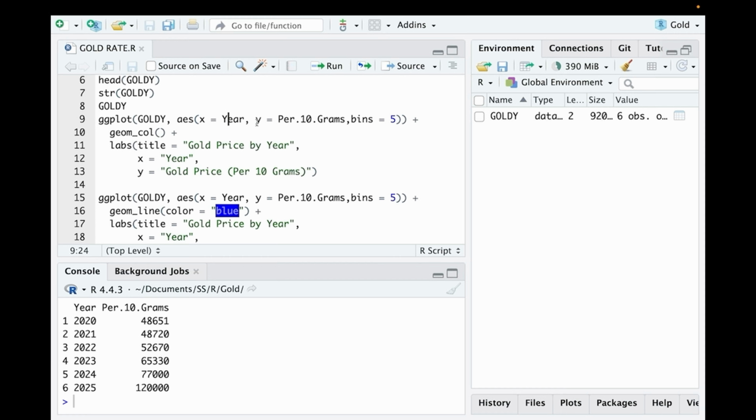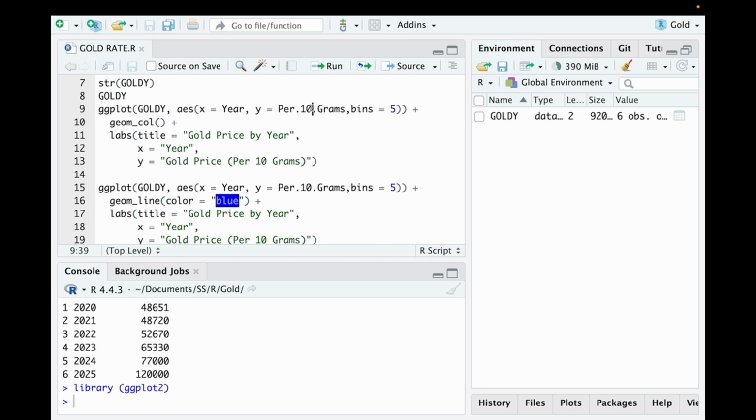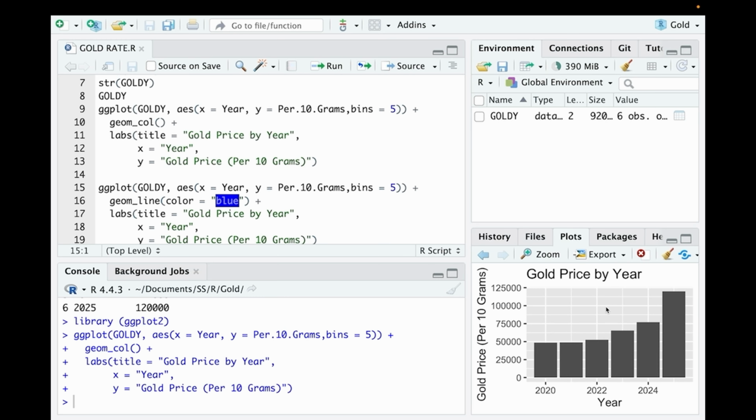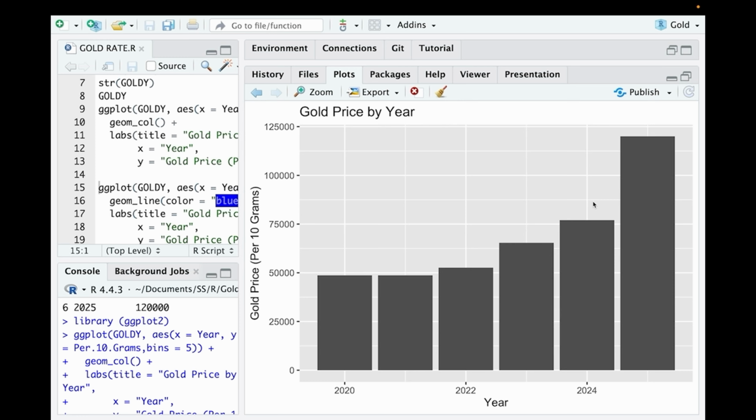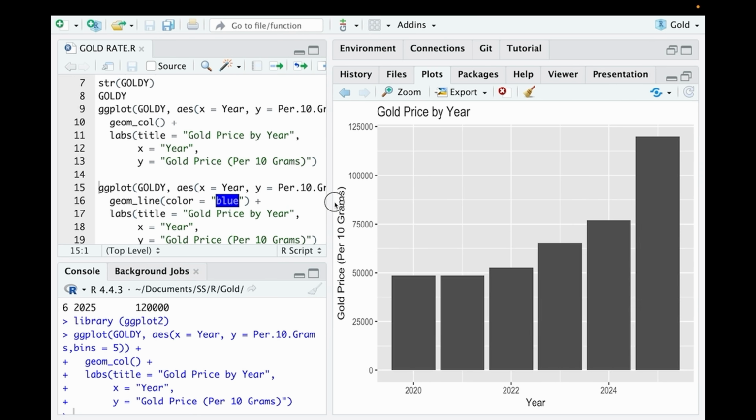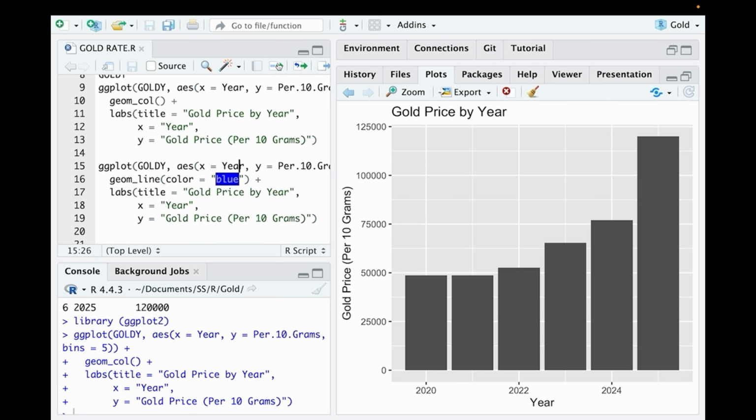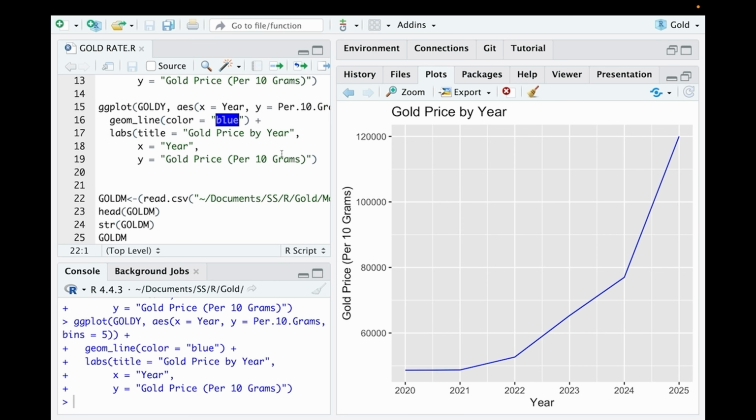So let me run this. You can see here the graph, and the difference you can see from 2024 and 2025. If you want to see in terms of lines, we can run this and you can see this graph.